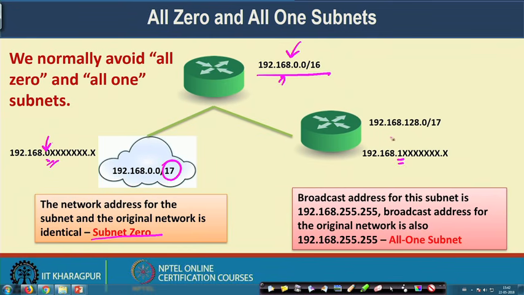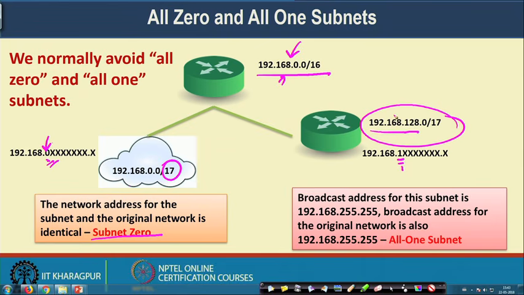Similarly, for the all 1 subnets, whenever you are creating a subnet like 192.168.128.0/17, here I am taking this 1 as the subnet identifier, the subnet indicator. Then my subnet IP comes to be 192.168.128.0, so 1 followed by all zeros, which is 128 in decimal format. Now, if you try to find out the broadcast IP for this subnet,